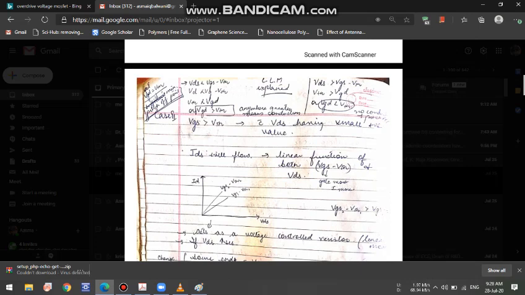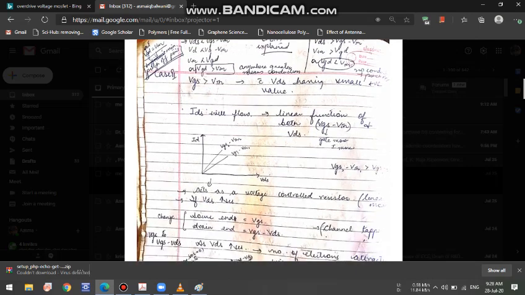Okay, so because a path is present there and there is a positive value on VDS, or on the drain, we will say that there will be a current that will flow between the drain and the source, that is denoted as IDS. Okay, and IDS is both a linear function of VGS minus VTH and VDS. How it is a linear function, we will come to know about it very soon.